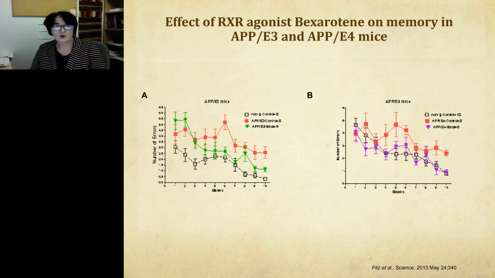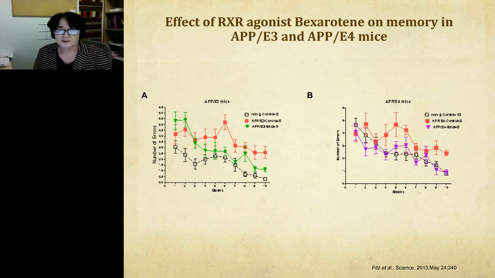So on this slide is shown the effect of bexarotene on cognitive performance in E3 expressing mice. With the black line are shown non-transgenic mice, and their cognition is considered normal. With the red line is shown APP E3 control mice treated with vehicle, and the green line shows the performance of APP E3 mice treated with bexarotene. So you can see that mice treated with bexarotene have improved performance, which is statistically non-significant from the wild-type non-transgenic control, and is statistically very significantly different from mice treated with